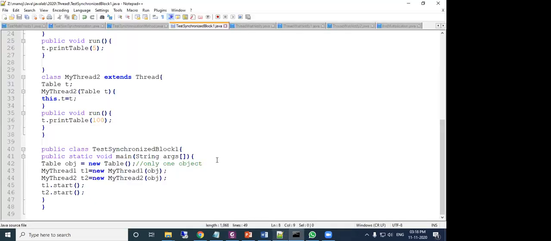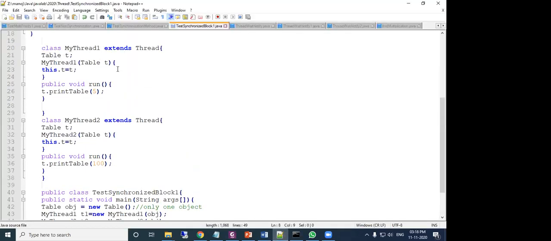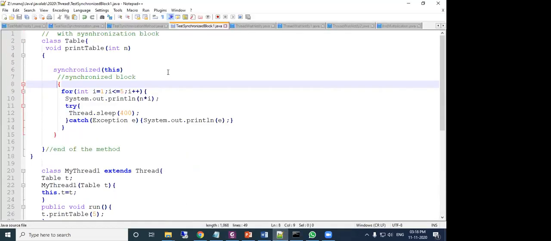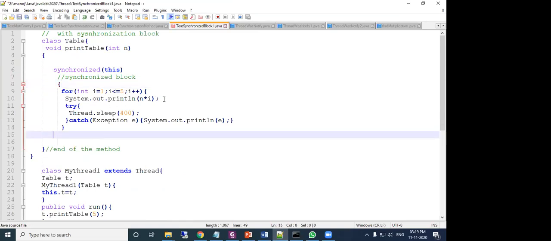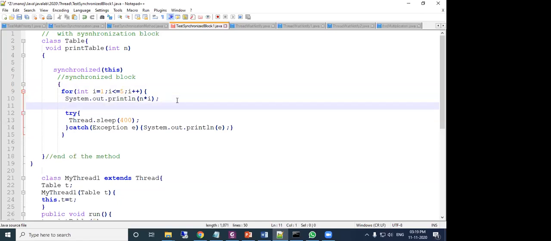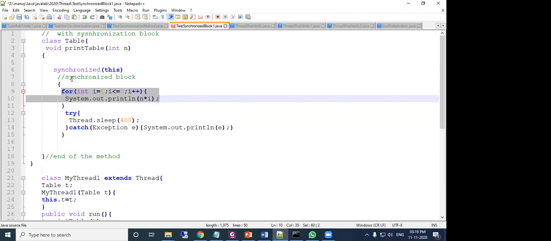The output is similar, but the difference is like that. But now we will do one thing. Let us write this part as a synchronized block. This for statement is within the synchronized block.